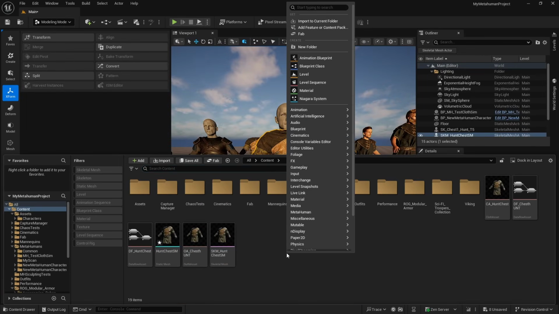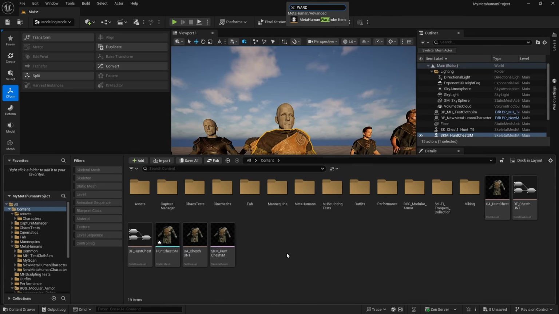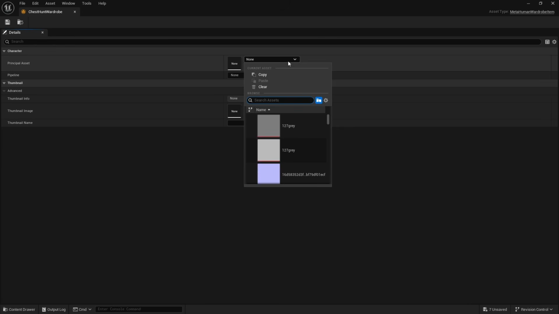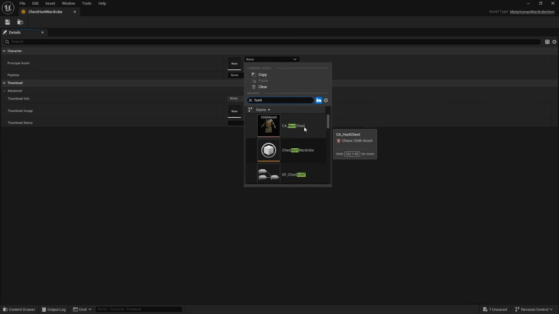We're almost done, I promise. We're going to right click, and we're going to now find Metahuman Wardrobe item. Double click on the wardrobe, and in the principal asset of the wardrobe here, we are going to go for hunt. We don't use the cloth asset, we use the outfit. So we're going to do OA,